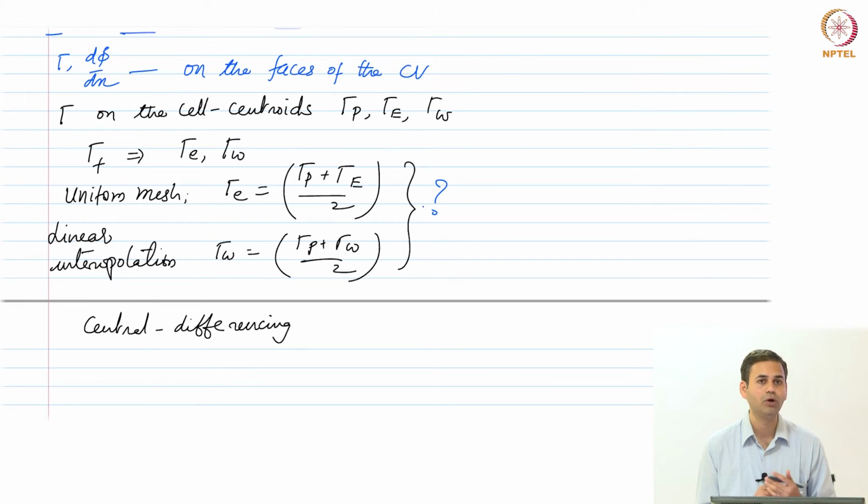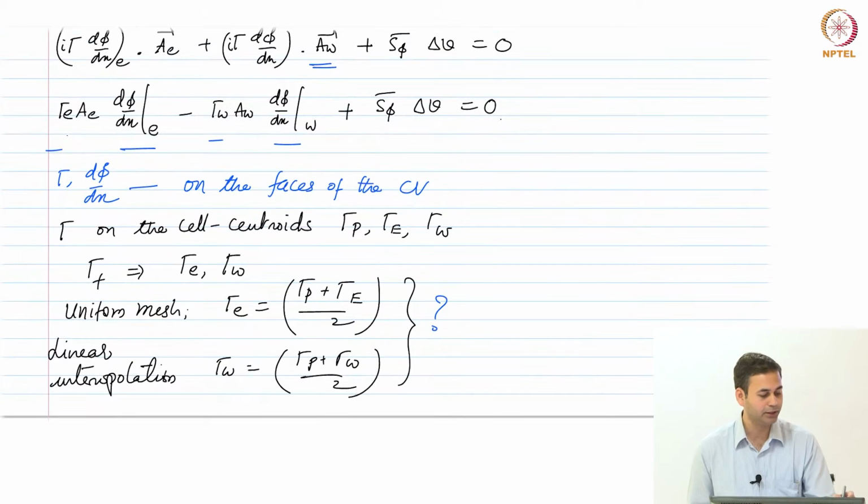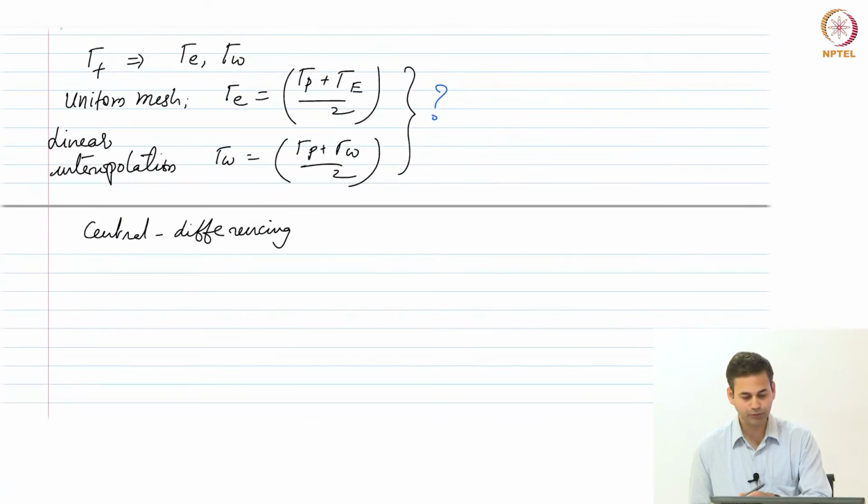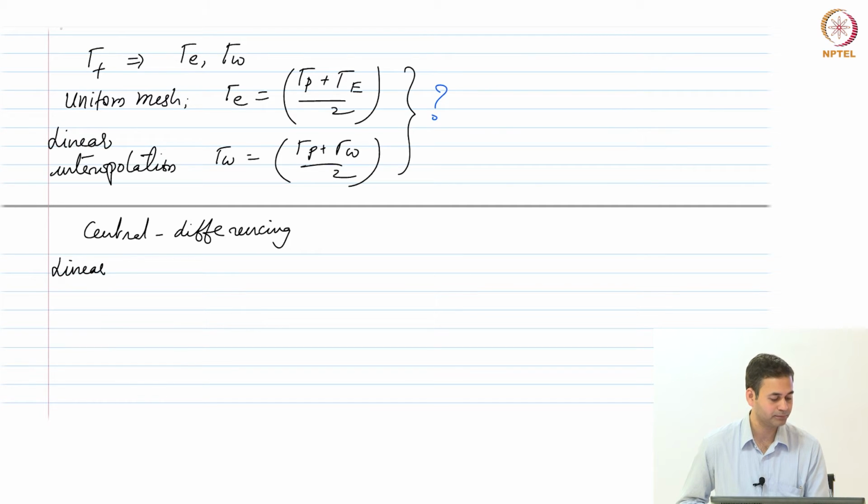Fine. Now, somebody has given you the gamma diffusion coefficient on the cell centroids, you know how to calculate it on the faces, and you would use those values right here in these equations. A east, A west is also known. Again, we need to evaluate d phi dx on the east and west faces. We said we would use a linear profile assumption for the variation of phi,